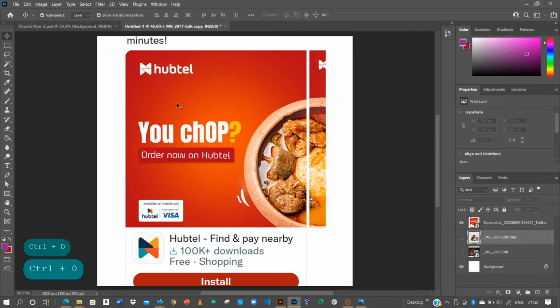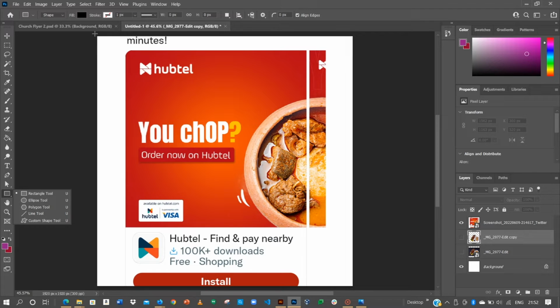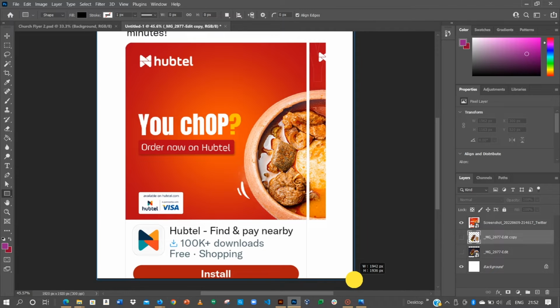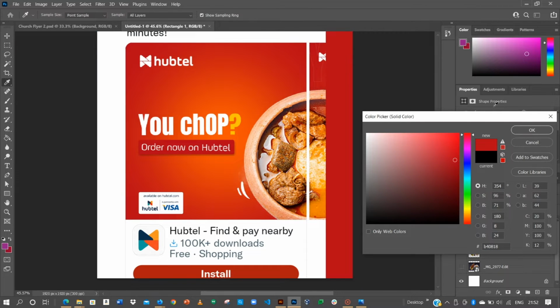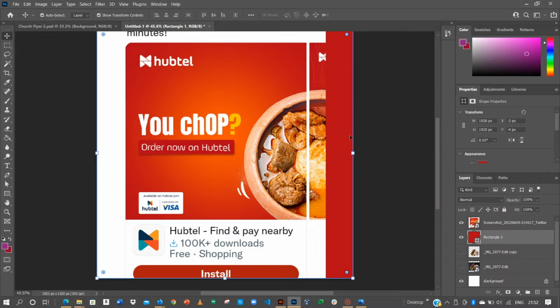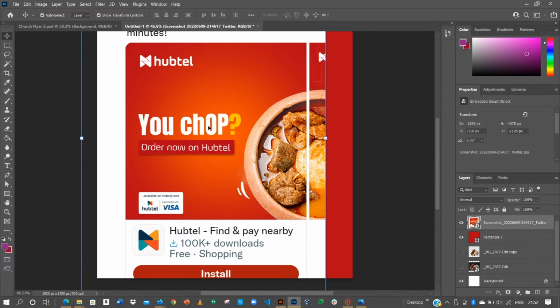So now I'll just have to create my background. So activate your rectangle tool and create your first background. Select this color here. Let's see what we have. And now with this done,